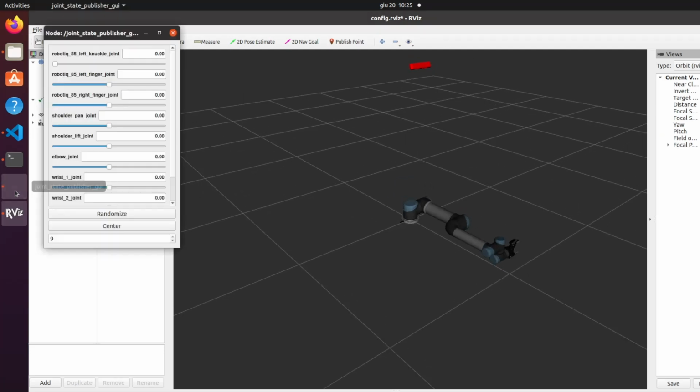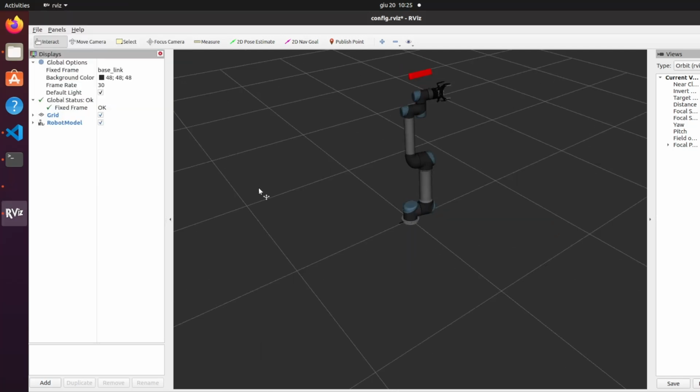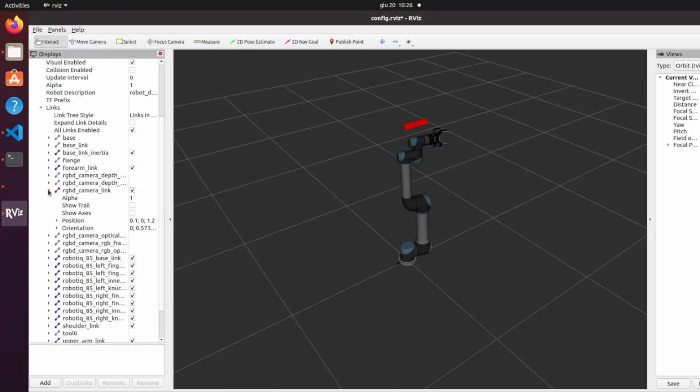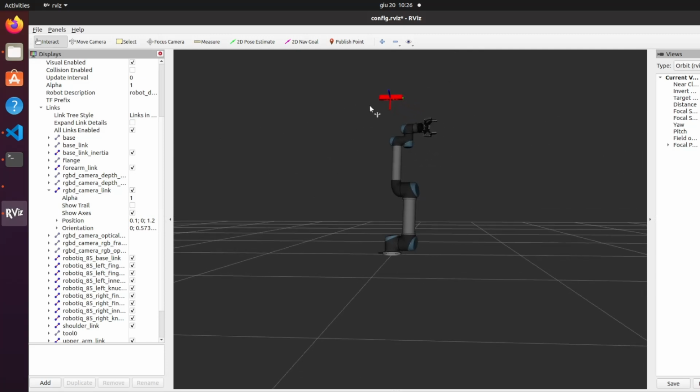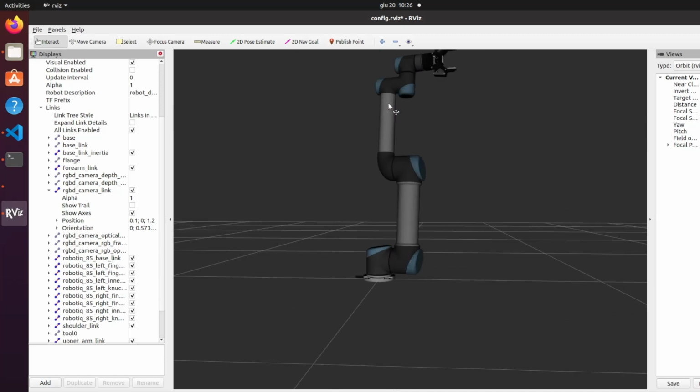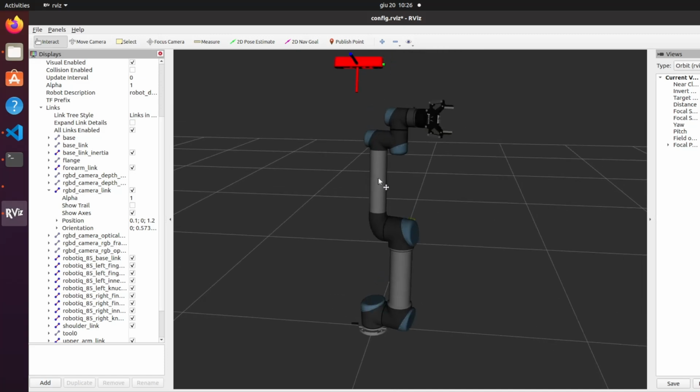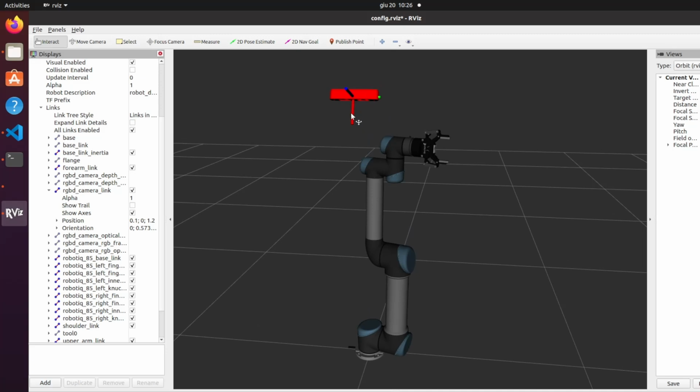Let's bring the shoulder lift on top to see if we have a collision, and it seems not. Okay, this is something interesting that I wanted you to check. So this is the frame of the camera. So this is going to be the Z,